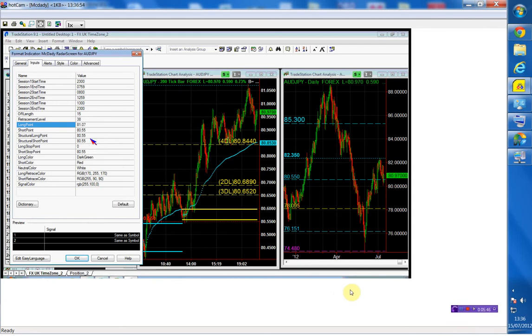Our structural point is going to be 83.35, and if I'm going to buy it over here above the 81.07, I have to place my stop below the 4-day low, which is 80. I'm going to use the stop as 80.75, just below the market side. Just going to give it a few pips over here below the market side. Okay, so this is the